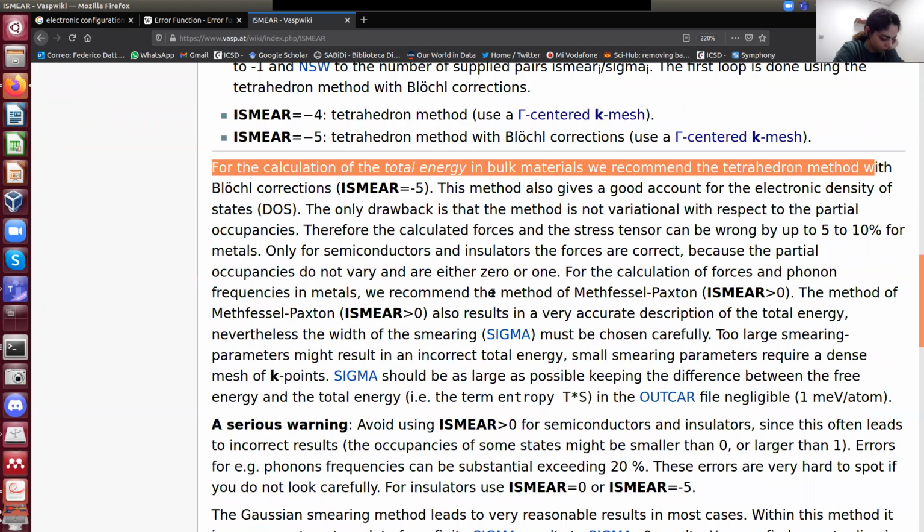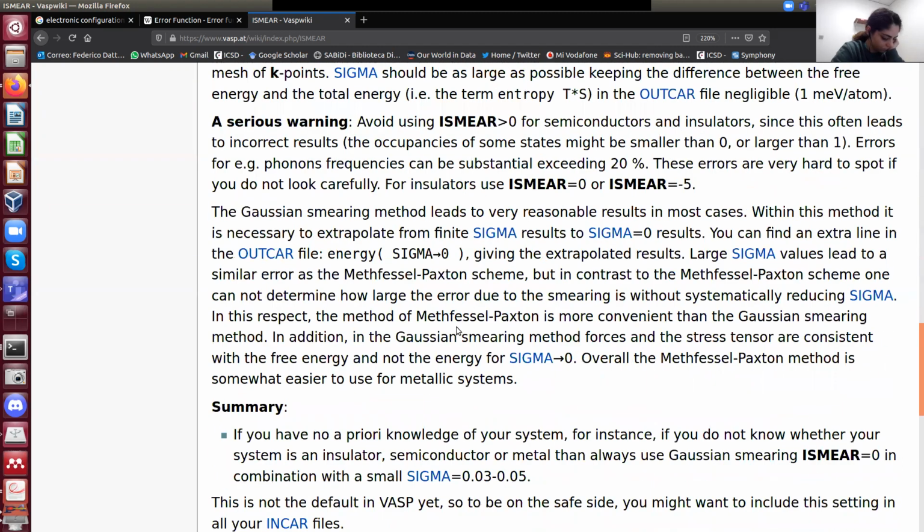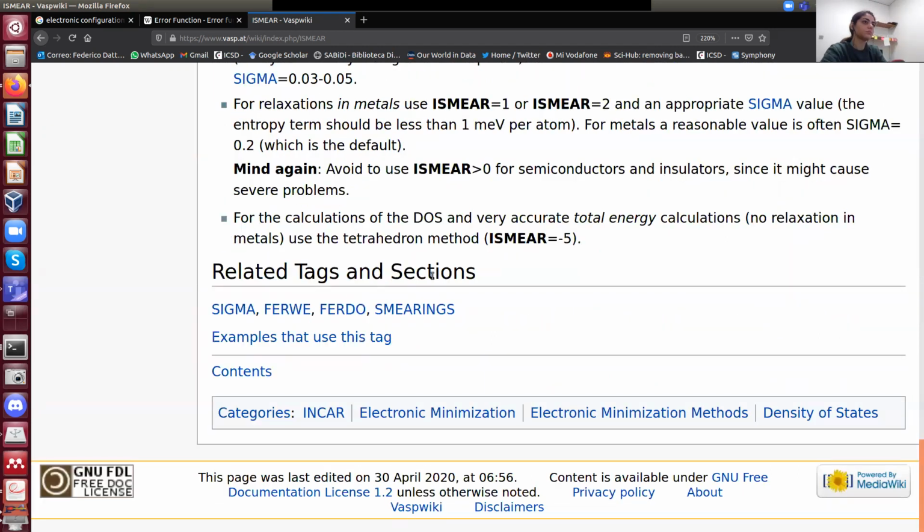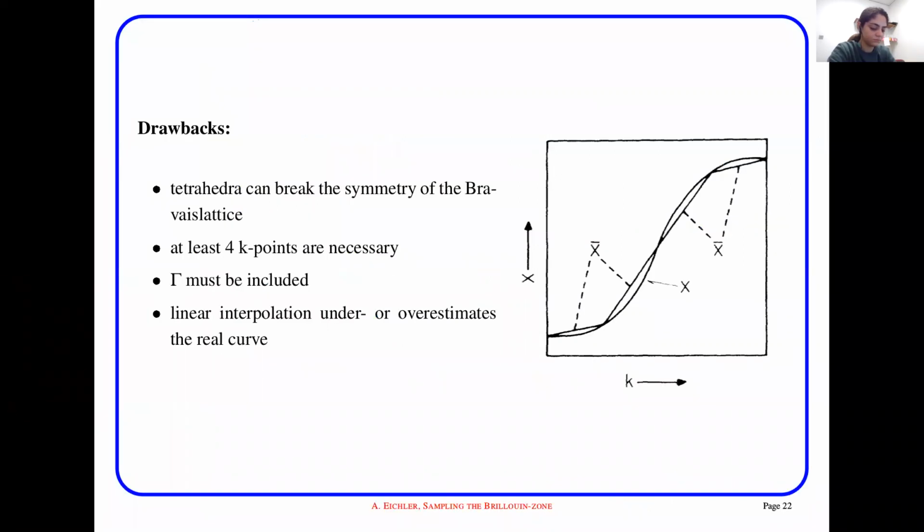And so that is also to tell you that with VASP you need to be used to this, in the sense that somewhere they can tell you, look, don't use this for this, and then in the second line can tell you, yeah, but maybe you can use it, you know. So it's just better to stick with what we already do in the group because at least we are sure that it works.